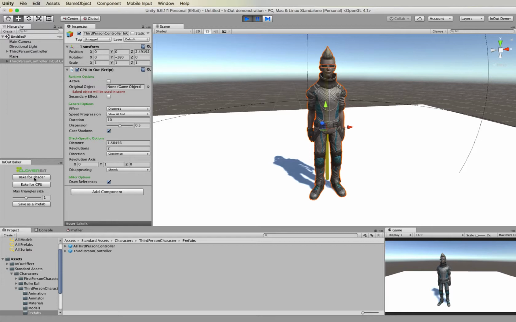And beware, we are not going to drag and drop the puppet to create a prefab, because otherwise we are going to lose all the meshes. So we have to use the save as a prefab option, and then there will be a folder called InOut dumps with our prefab inside. Stop the game,